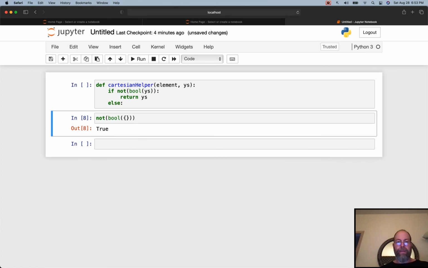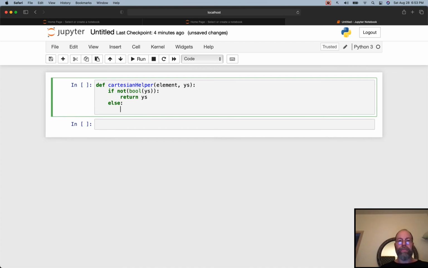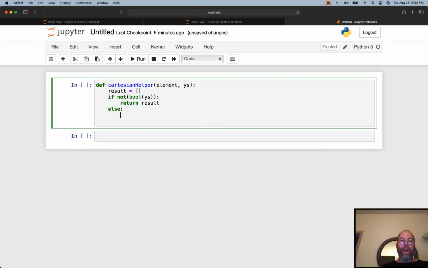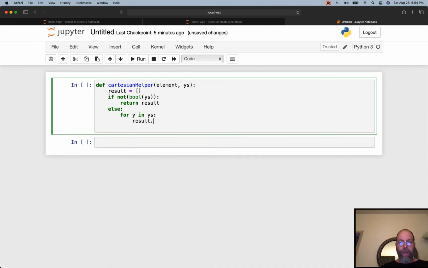So let me just erase these because I don't think you need that anymore. Else, so what are we going to do? Well, we're going to have to traverse the list. I'm using a more functional programming style here, and Python is not 100% functional. So I'm going to call that, what should I call it? Result, an empty list. Return result. Else, okay. For y in y's, result append